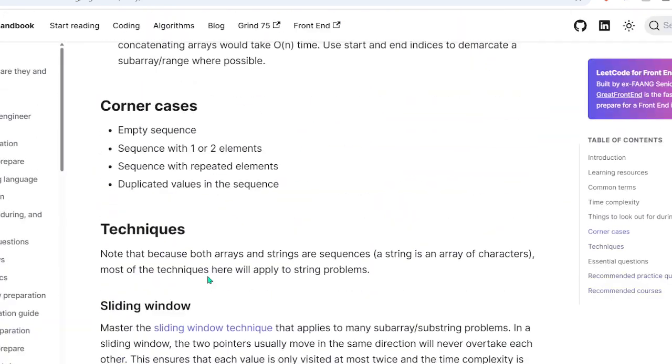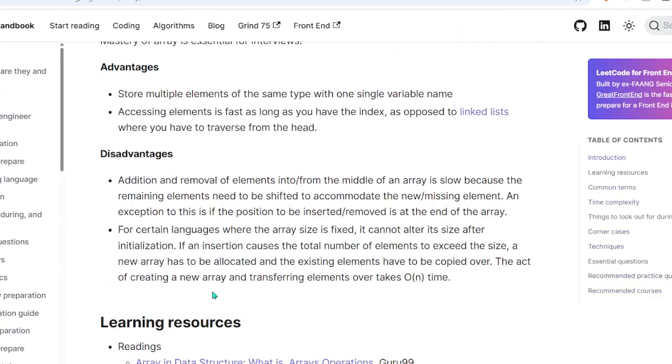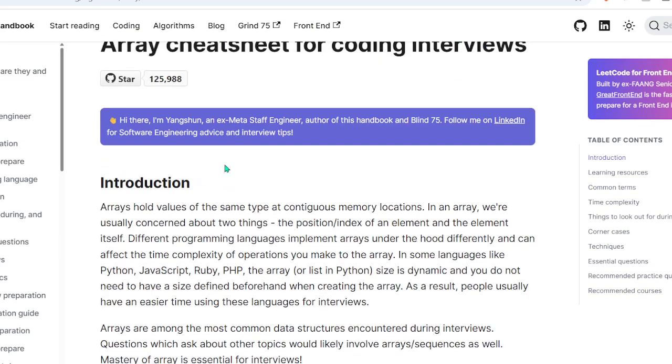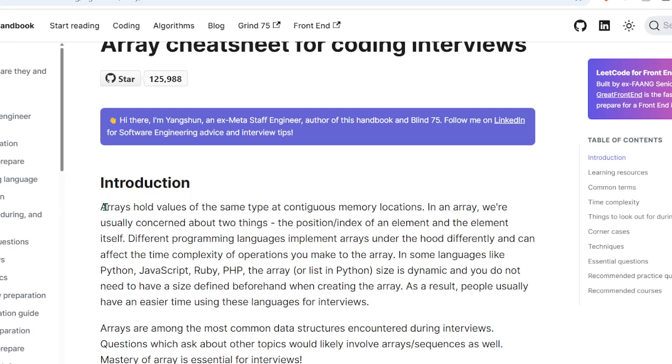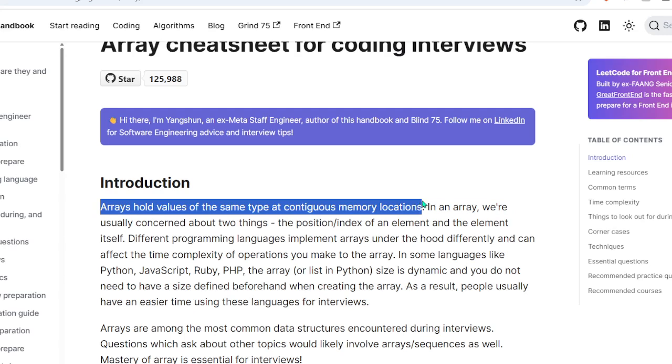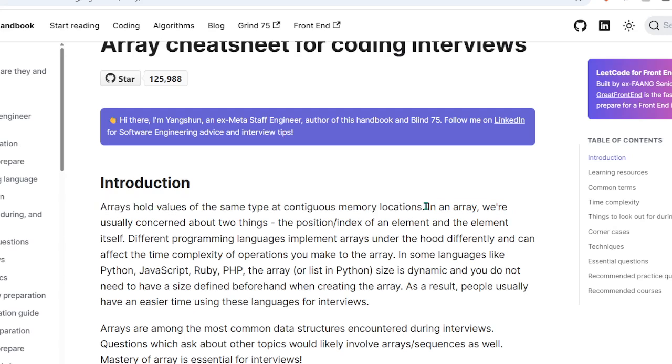It's already kind of late at night, but I'm just gonna go through it and just start chugging along. All right, so arrays hold values of the same type at contiguous memory locations. Yeah, okay, I learned this in data structures and my computer architecture class. So the main benefit of arrays is that access time is O(1) because you use pointer arithmetic, whereas in a linked list or something, you have to iterate through the whole thing.